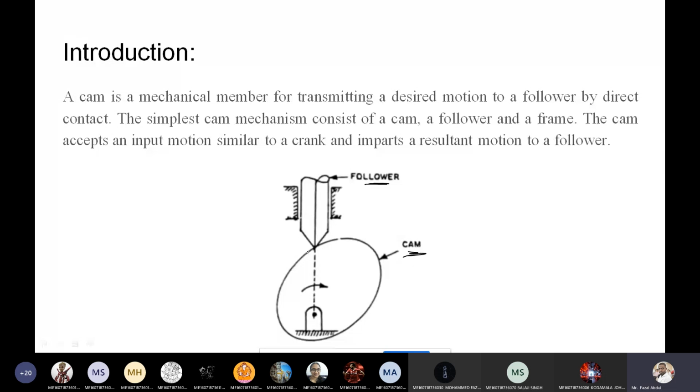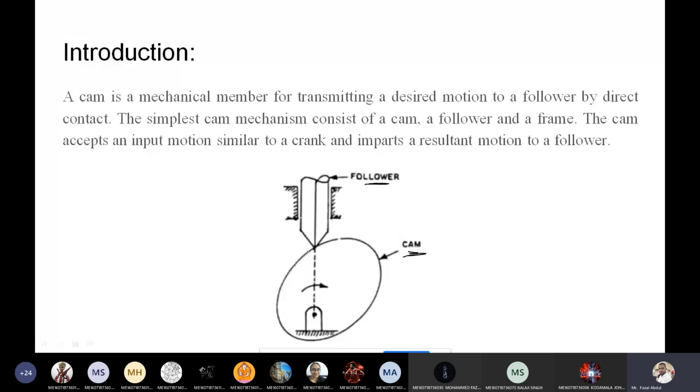What type of desired motion? Sometimes we require continuous motion, sometimes we require intermittent motion. Sometimes we require discontinuity, meaning speed as well as discontinuity also. So speed or motion according to our requirement, we select in the elements. In some situations we require intermittent or discontinuous motion, at that time intermittent along with slow speed, as per our requirement, we select